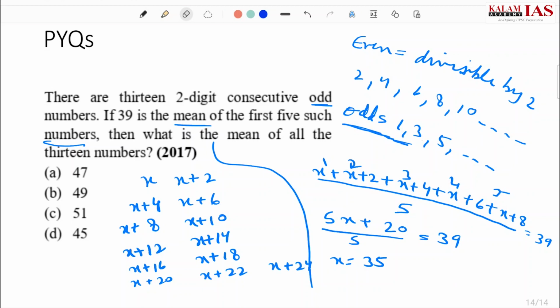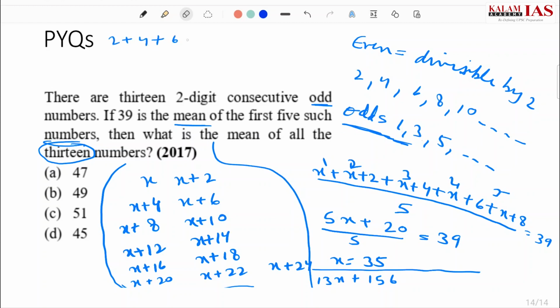Now we have to find the average of all 13 numbers. So we have to do the summation of all these numbers, which will be 13x plus 156, as we have to find the summation of 2 plus 4 plus 6 till 24,